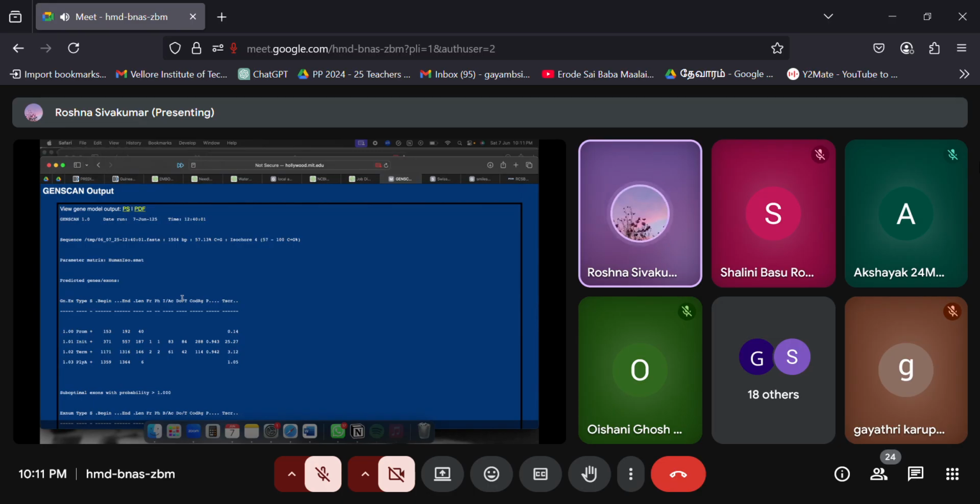These kinds of tools you can use to find out, when you go for PCR or even further for wet lab, when you go for higher techniques, which gene you're working with. In that case, this tool is really useful.